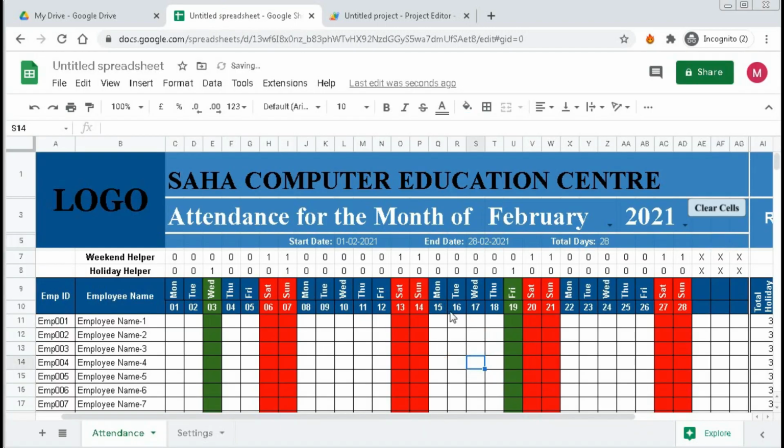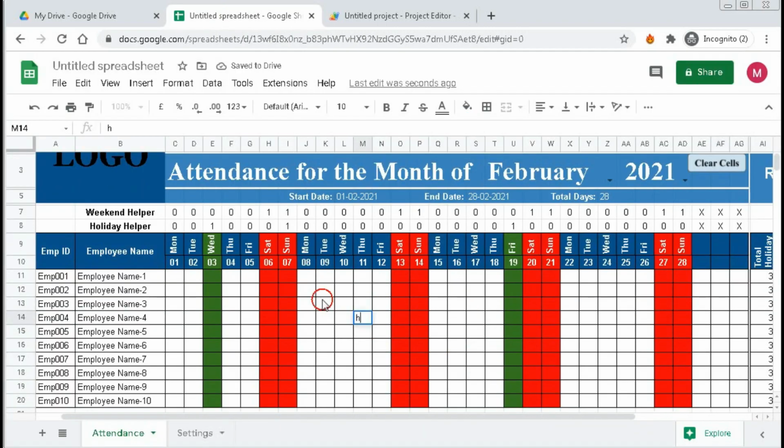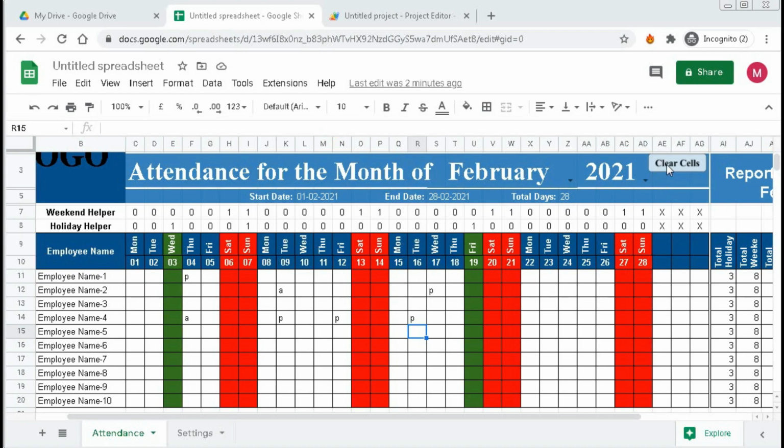Now if we have any value here, when we click this button for the first time, it will ask for an authorization. I have already authorized this code, so it will not show here. So click on this cell. You can see all the values are cleared.